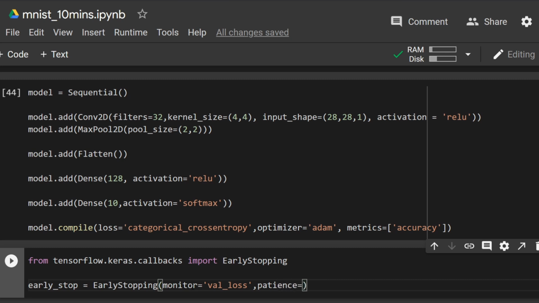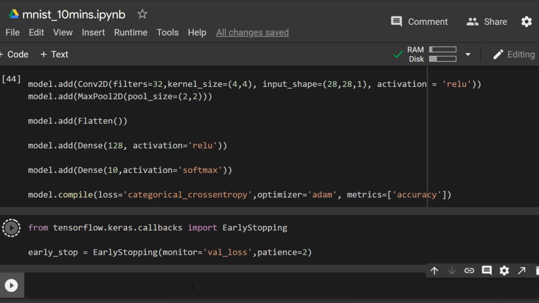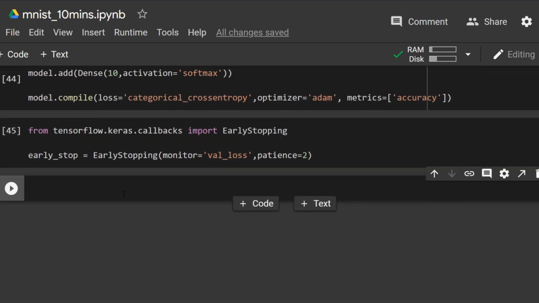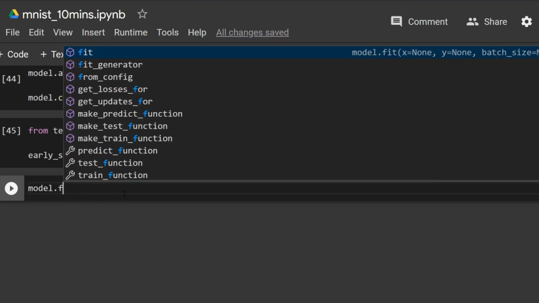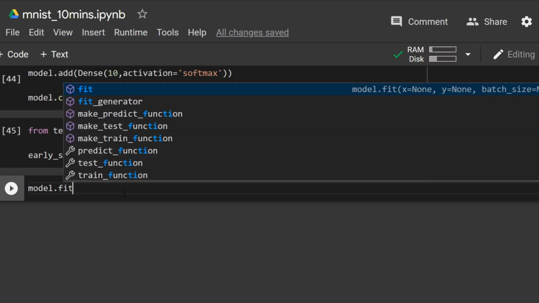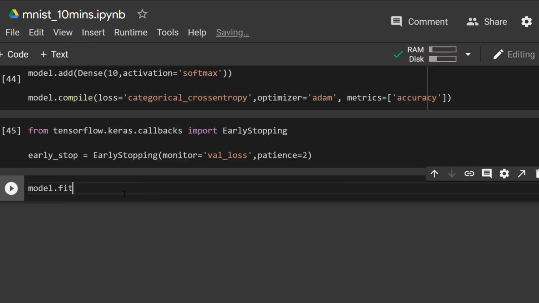patience equal to 2. So what this early stopping will do is it will stop the training once it feels like it has trained enough and it is